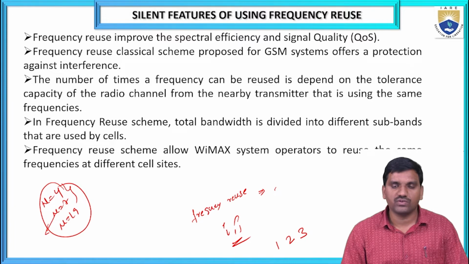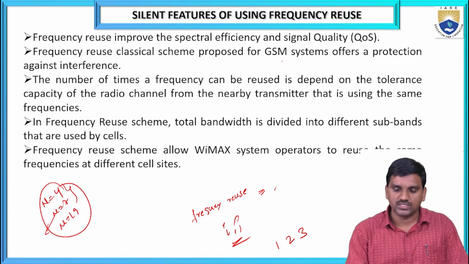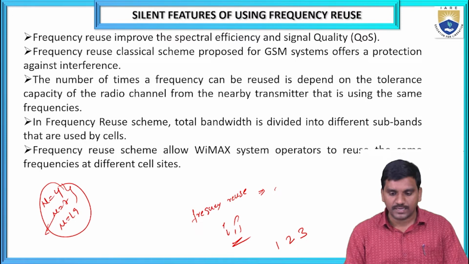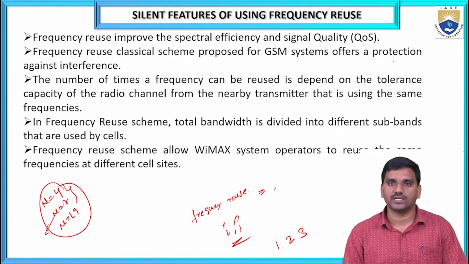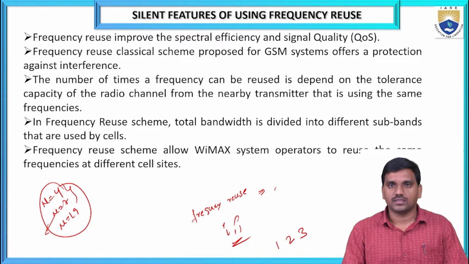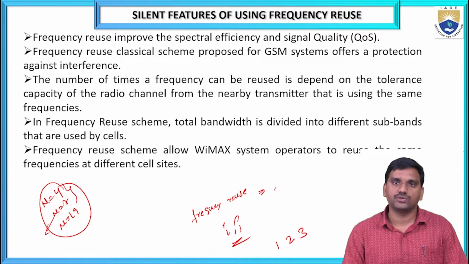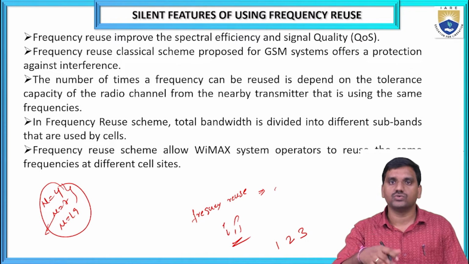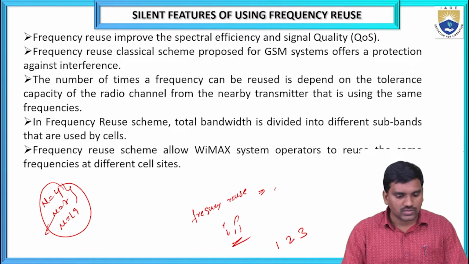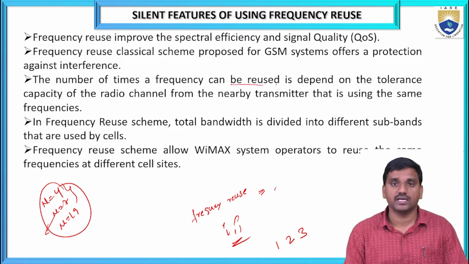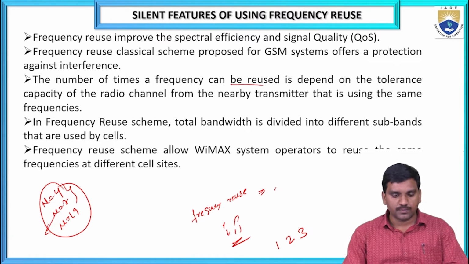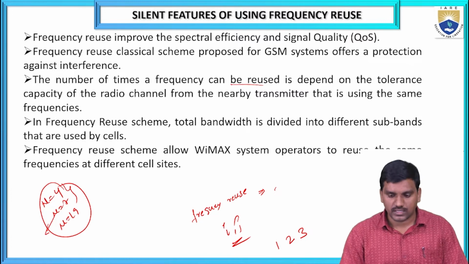The second one is the frequency reuse classical scheme proposed for the GSM system, Global System for Mobile communication, which offers protection against interference. A communication system faces some interference in the normal mode. To overcome that, we use frequency reuse, which also removes interference between the required signals. Next, the number of times a frequency can be reused depends on the tolerance capacity of the radio channel to the nearby transmitter that is using the same